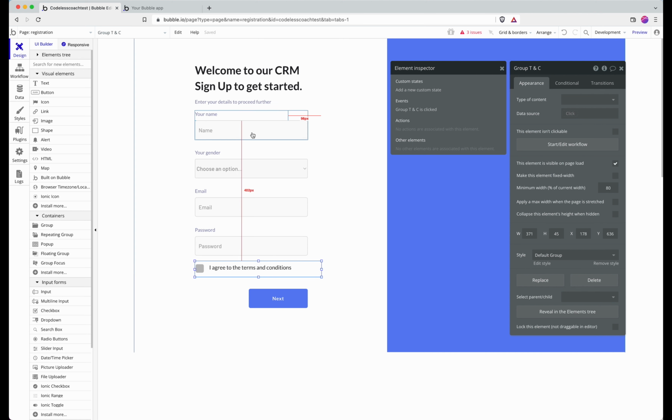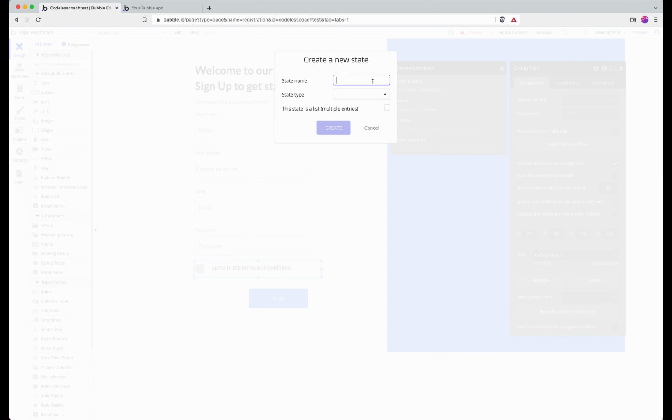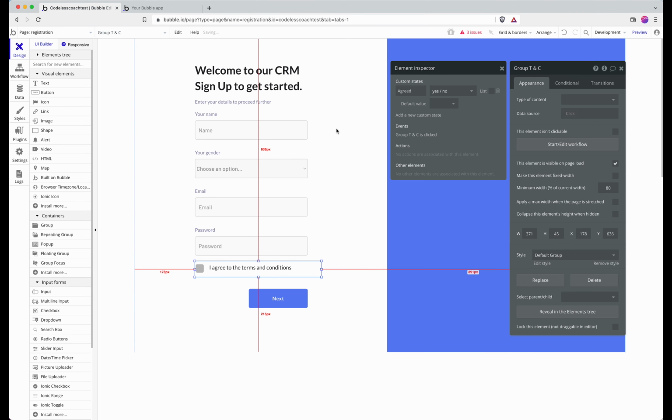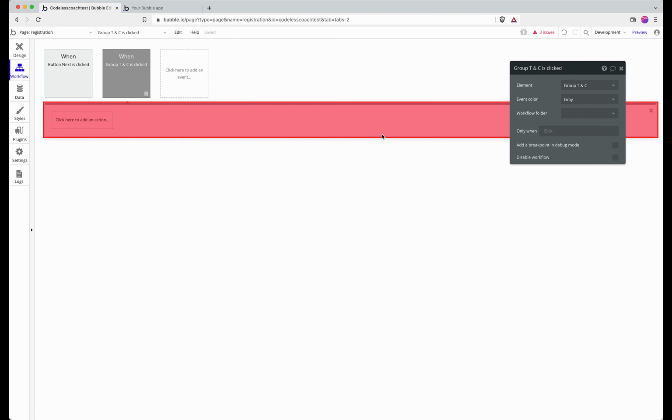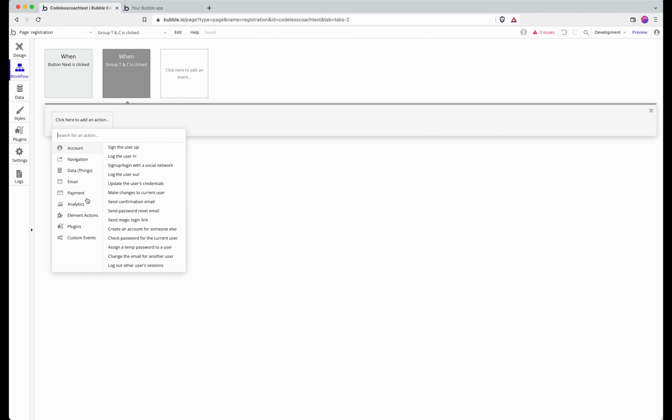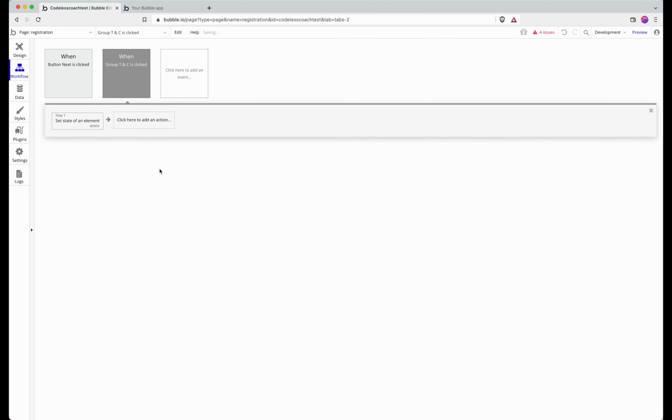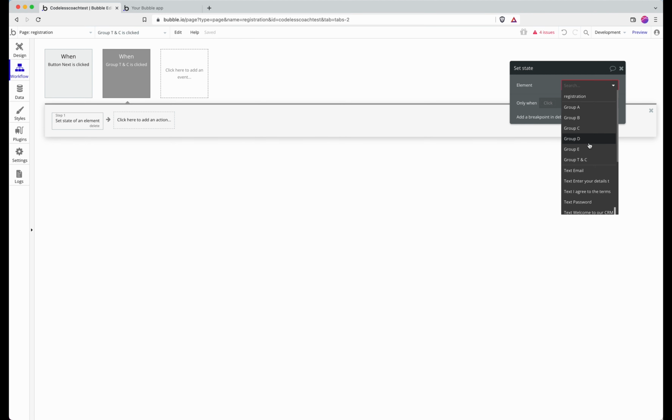So a custom state could be, I could use the body of the page, I could use any element on here. I just try and create a custom state somewhere that makes sense to me so that I can find it later on. So I'm going to name this agreed, and then it's going to be a yes, no. So if a user clicks on that group, I'm going to set state of that group